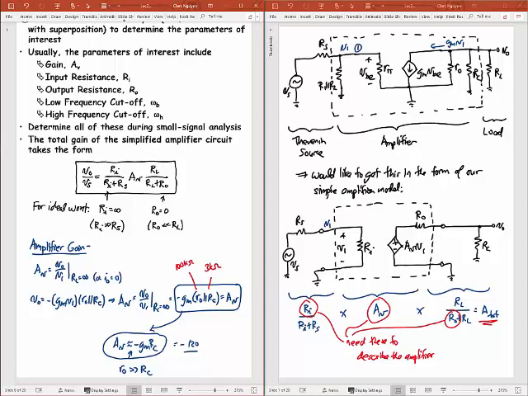Okay, so obviously the R naught is a lot greater than RC. And so as far as I'm concerned, the R naught is not there, right? Parallel resistor combinations, it's the smaller one that wins when it's a lot smaller than the bigger one. And so RC is a lot smaller than R naught. And so I'm just going to say the gain is equal to minus GM times RC. And if I plug in my value for GM that I showed previously times that RC, I get a gain